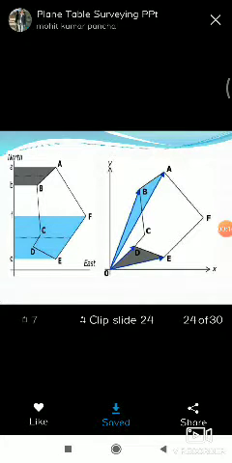Mark the point C on the sheet with the help of a suitable scale.